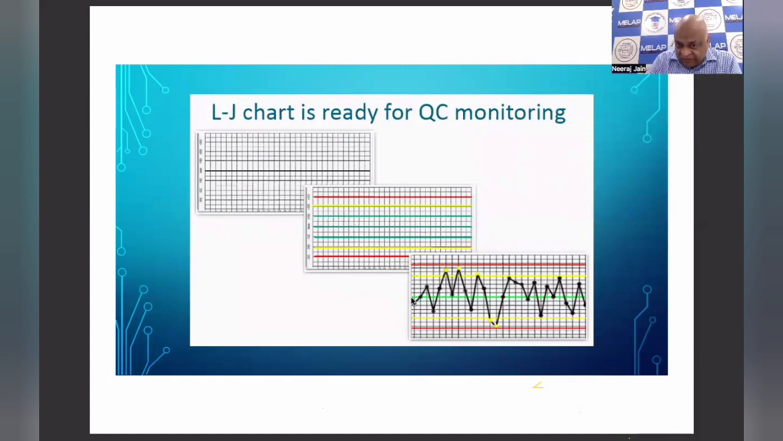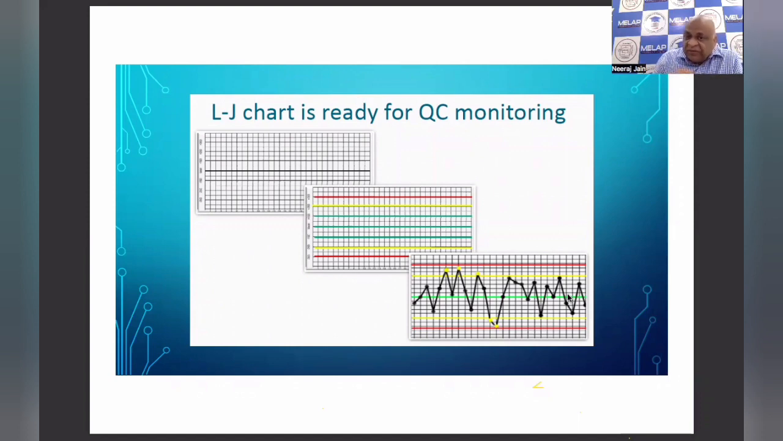This third figure is called a Levy-Jennings chart. In medical laboratory, these are called Levy-Jennings charts. In all other industries, these are called QC charts or Shewhart charts, because the medical use was described by Dr. Levy-Jennings. Now see, you have a chart, but you don't know